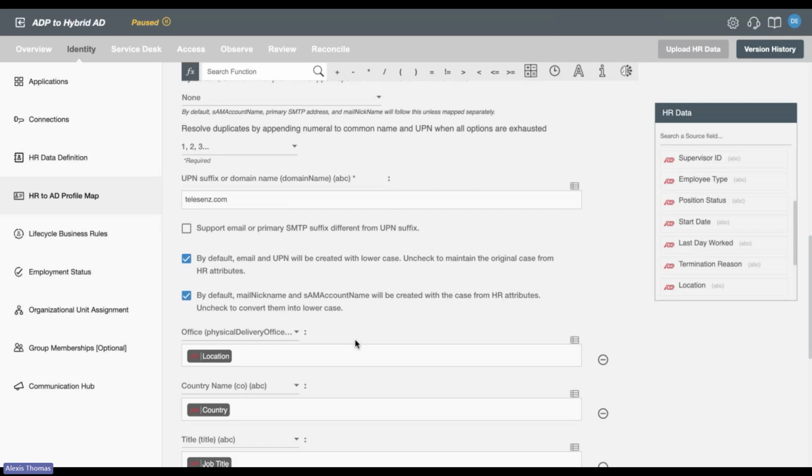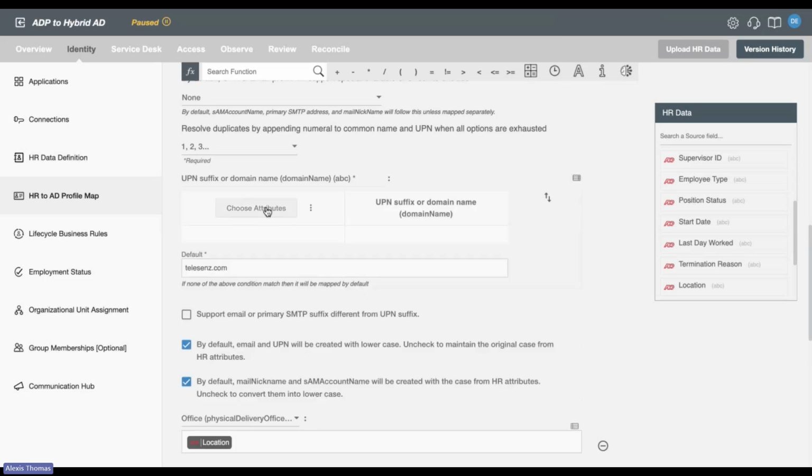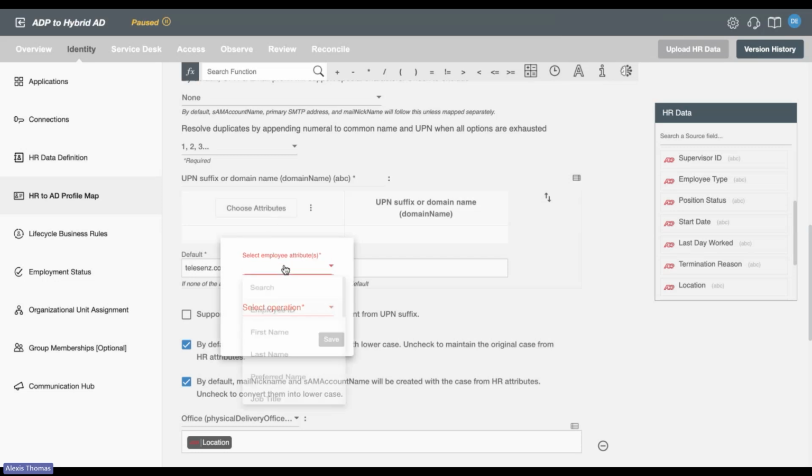In terms of domains, let's say you just have one, you can go ahead and put it here, and that's the domain Hire2Retire will use. If, for example, you have different domains, this is where I'll point out one feature here. You might have noticed this icon throughout the platform. What it is essentially a lookup table. So using any of the attributes that you have chosen to send to us from your HR system, you can always go ahead and determine